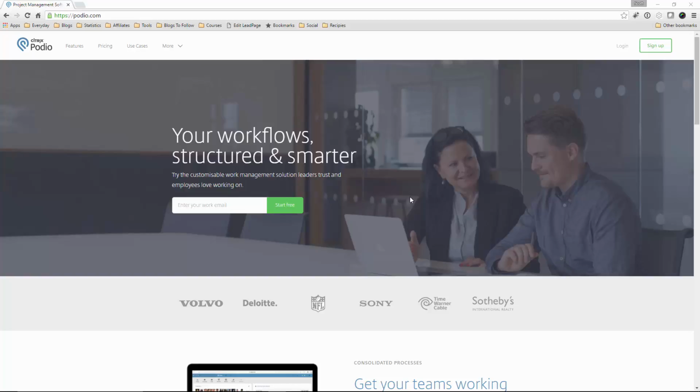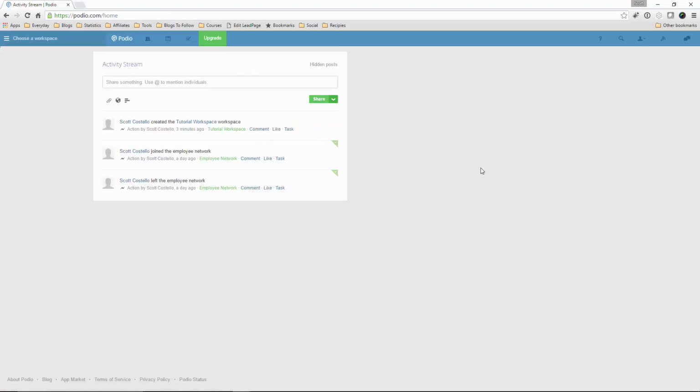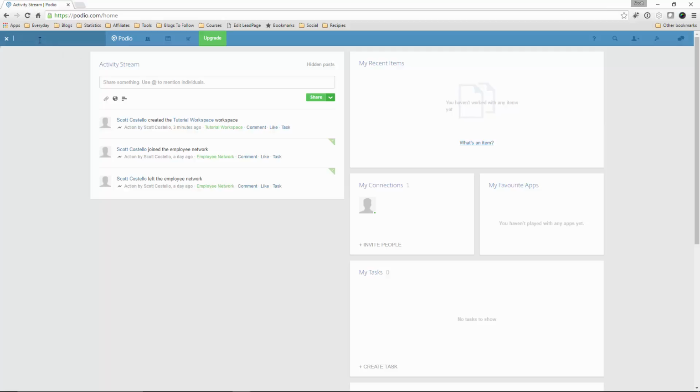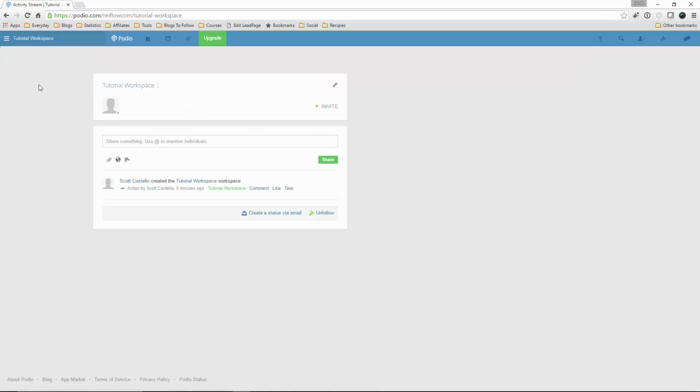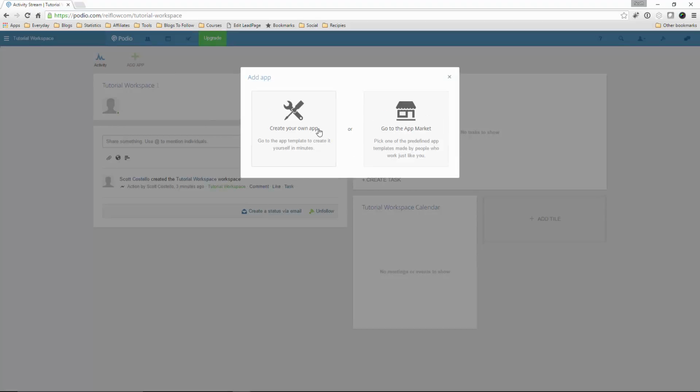In this video, I'm going to show you how to create an app in an empty workspace. So what we do is go to podio.com, log in, enter in your email and password, and then we'll choose the workspace we want to create the app in. So here we have the tutorial workspace that we created in the previous video. This workspace has no apps, so to create an app, you can simply hit add app, and we have the